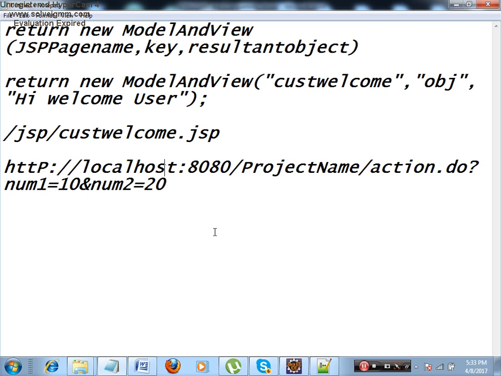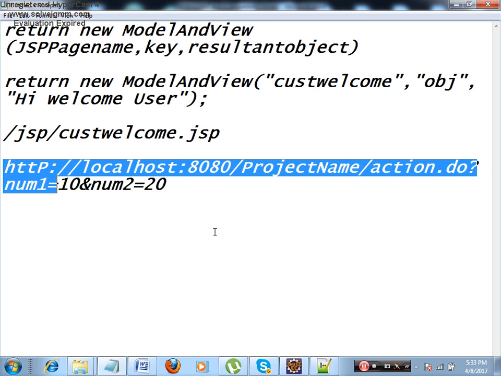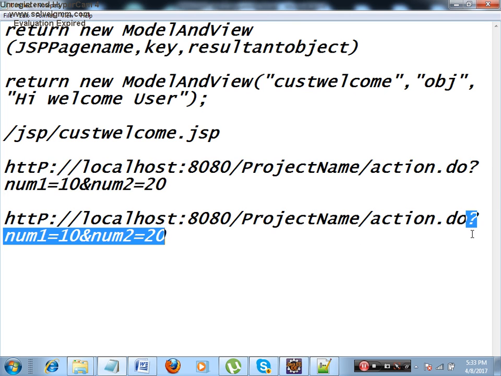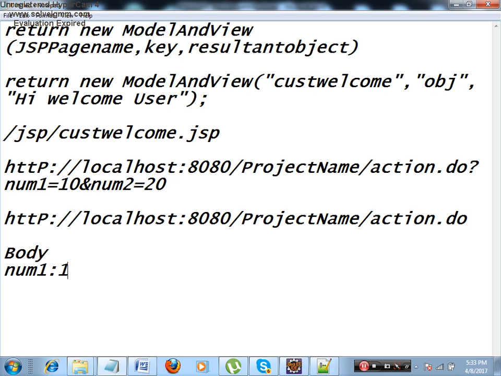If the same thing we use a post, then the request will be going in the same fashion, but this num1 and num2 will not go as a part of a URL, instead they will go as a part of a body. When it goes through a body, it will be secure. If it goes through a URL, any middleman can access it.